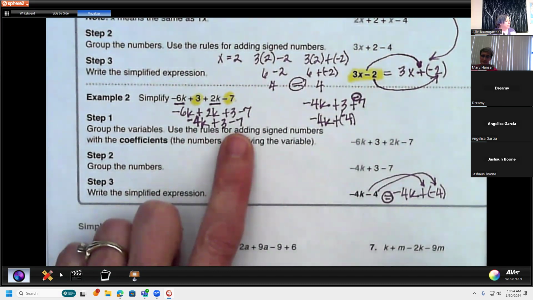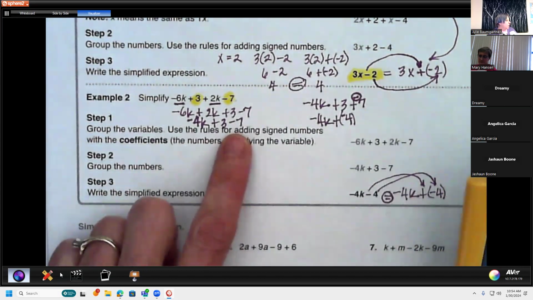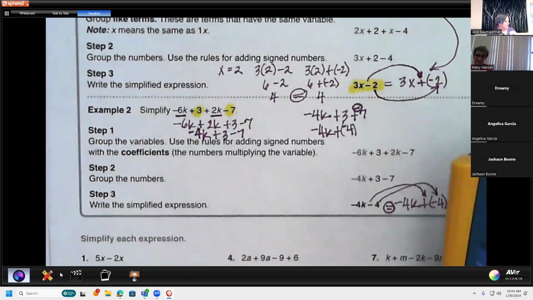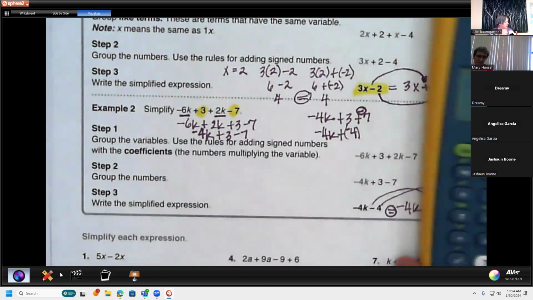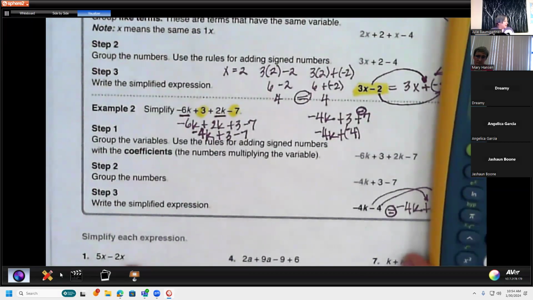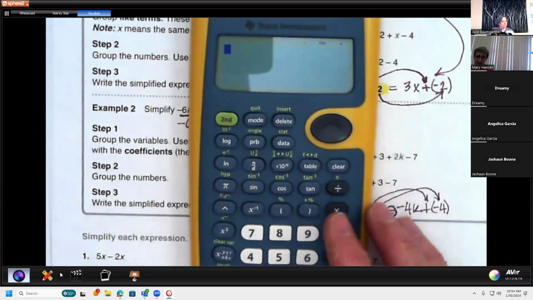So all Mary's doing to try and help us remember is, since it's positive 3 minus 7, it's the same as positive 3 plus negative 7. And then we know the signs are different, subtract, keep the larger sign. So if you have a different way, but you're still getting to negative 4, that's okay. But does that make sense, how those combine? Maybe. Okay. Let me show you here on the